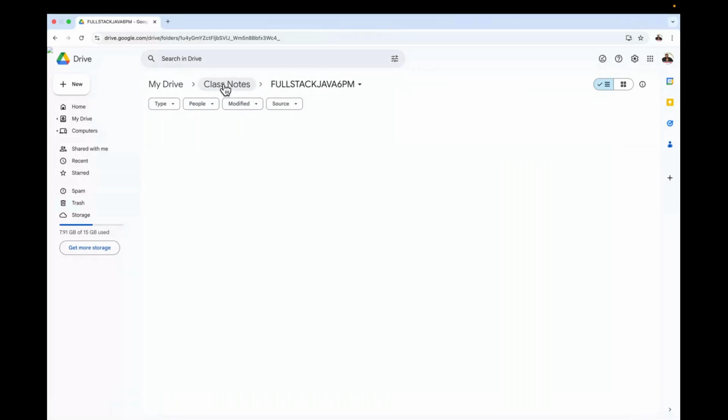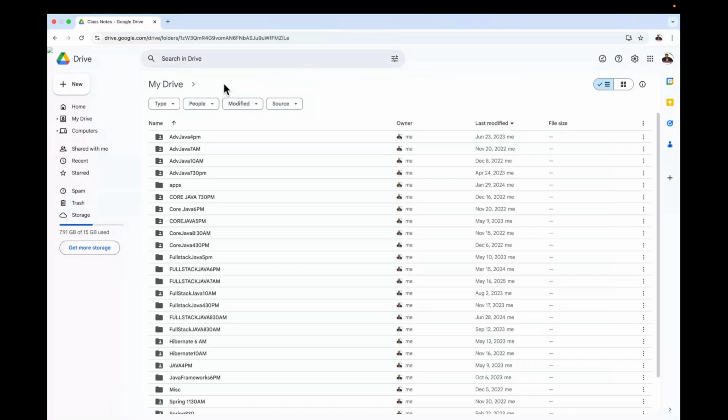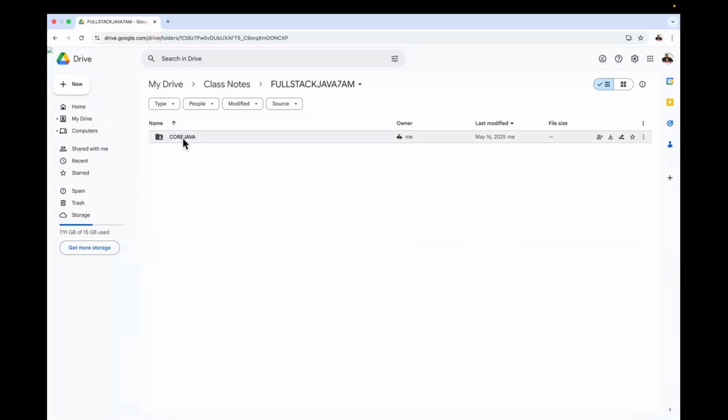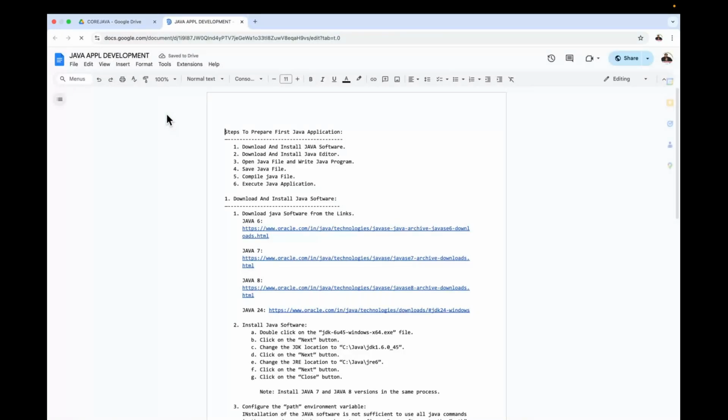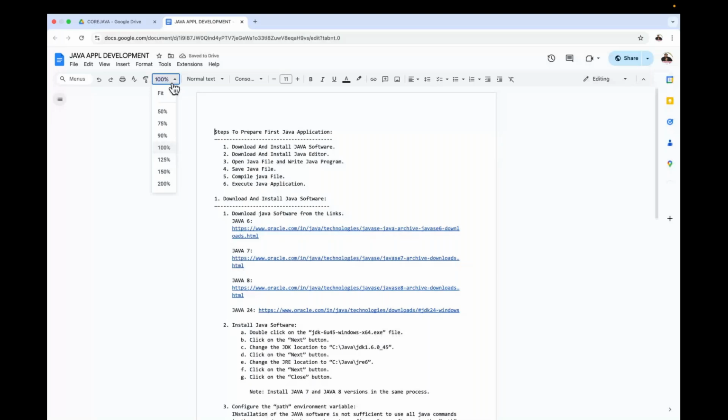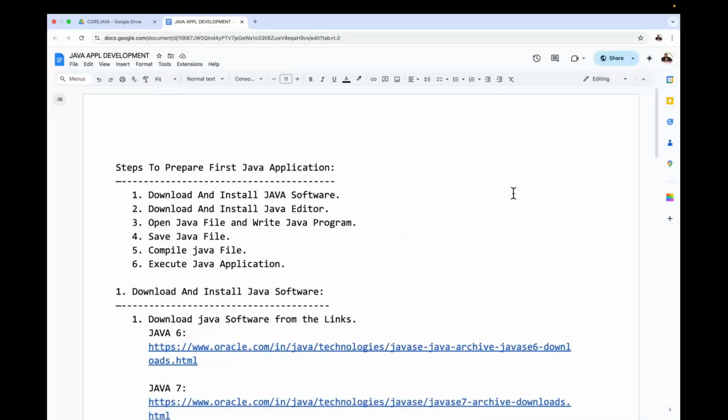So, what topic are we understanding here? Steps to prepare the first Java application. The topic here is Java application development: steps to prepare the first Java application. So what content are we understanding here? If you observe this,